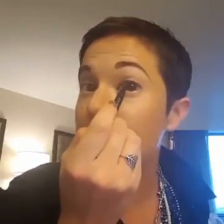Okay, something like that. And for color on the bottom, instead of putting on pencil, because my eyes are watering like crazy at this time of year, I'm going to put just a little bit of powder on the bottom instead of pencil, so that I don't have a section that I slowly wipe away as the day goes on. It's less obvious if there's a powder fade. Okay, so for the other eye now, I'm just holding that just a little bit taut